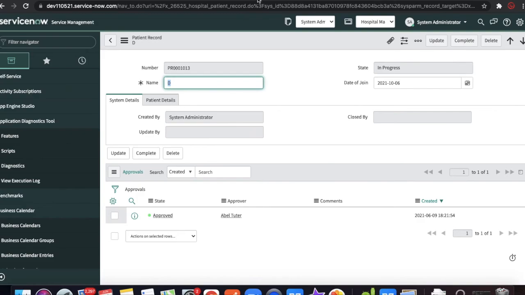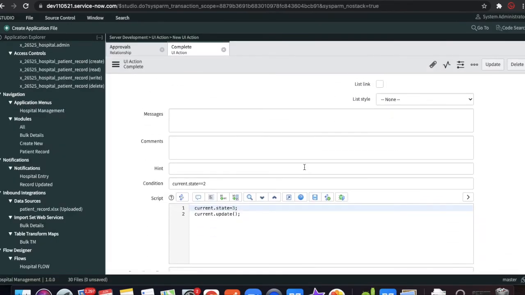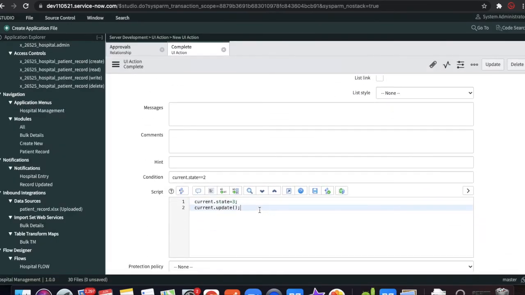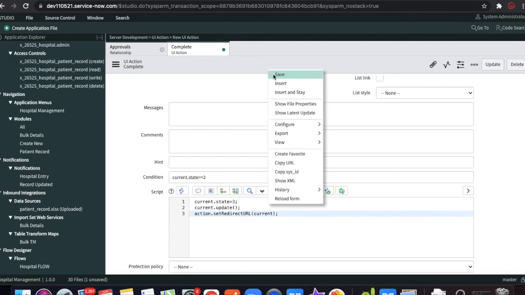For that reason, you have to go to your UI action and write one more line of code called action.setRedirectURL(current). So what happens is you are telling the button that it should stay on the same page wherever they are.